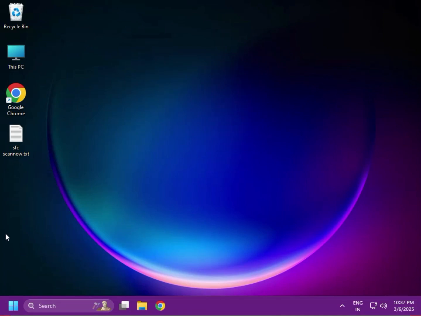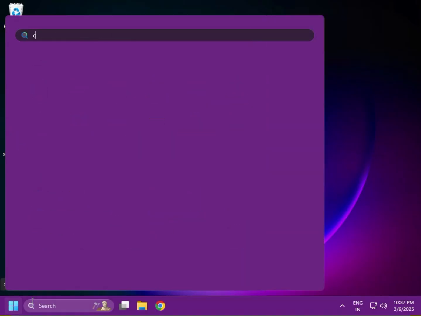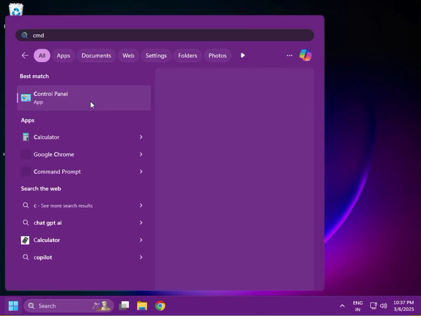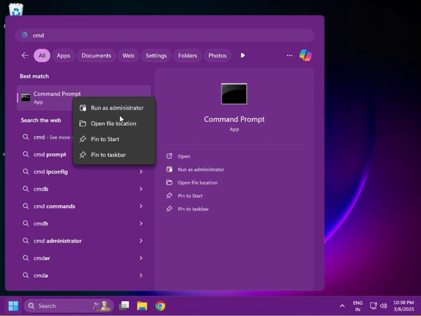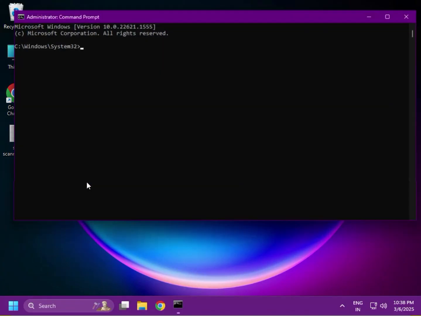Then next, guys, clean File Explorer cache manually via command line. So click Start, type cmd, then right click and run as administrator. Then enter the command del space slash f space slash q space percentage